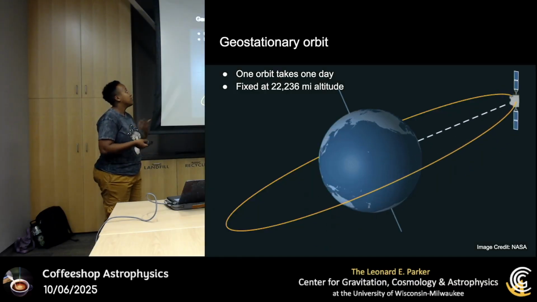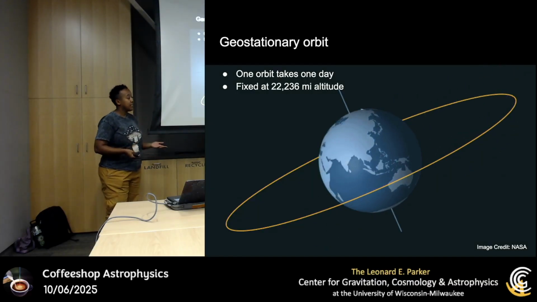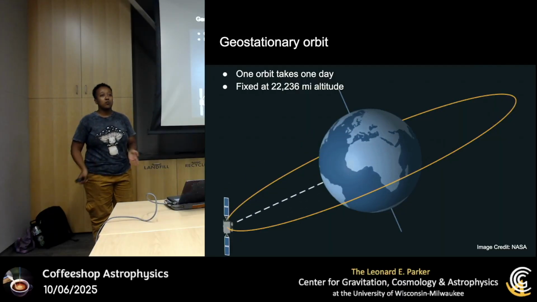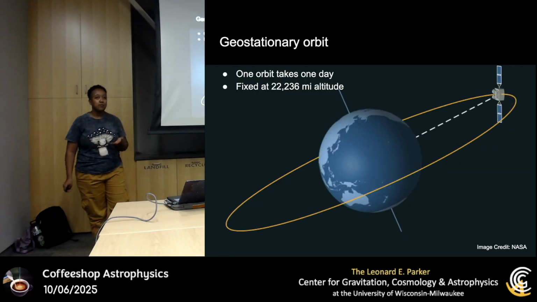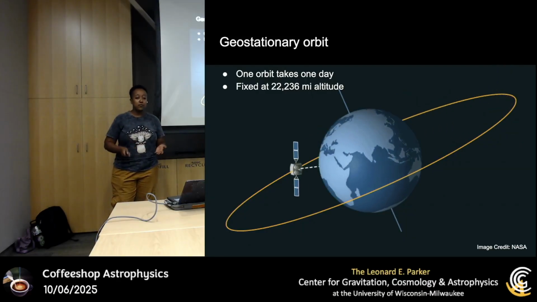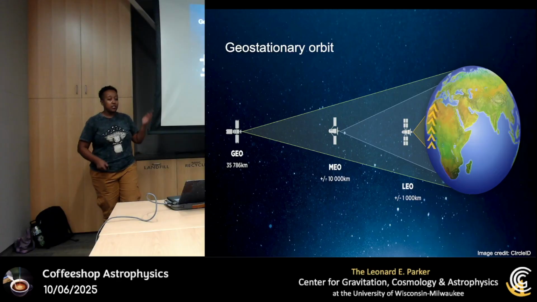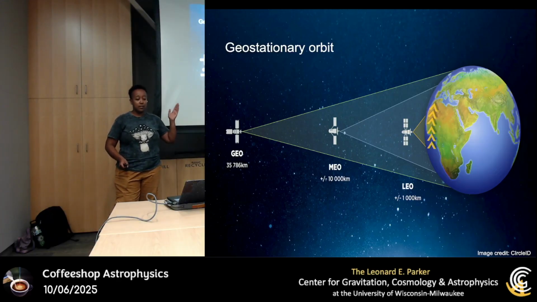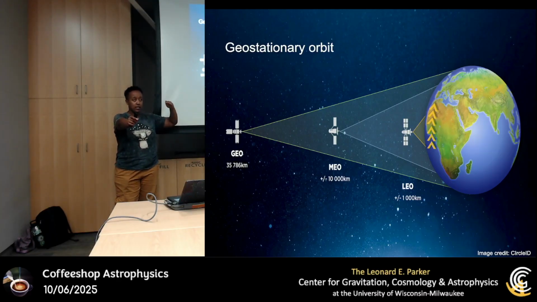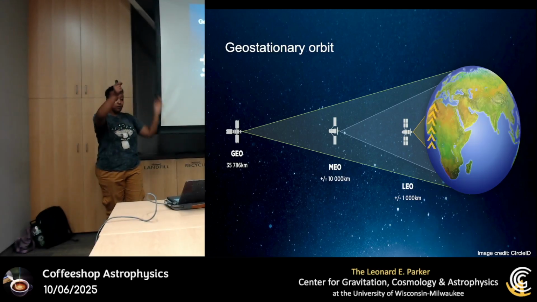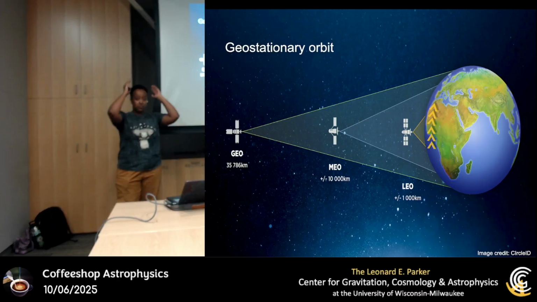Next type of orbit I'm going to talk about is a geostationary orbit. These orbits are only one orbit per day, and they're fixed at 22,236 miles in altitude. And the reason for this is because geostationary orbits are meant to basically have a fixed position relative to Earth. So if a satellite was, say, right over Milwaukee, for example, no matter what point of the year it is, what time of day it is, it's always going to appear that it's just staying over